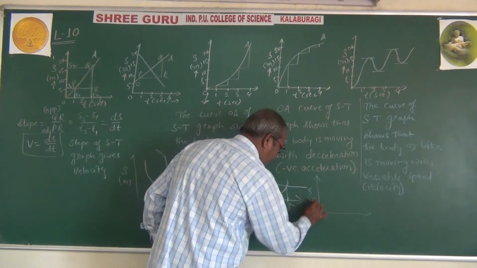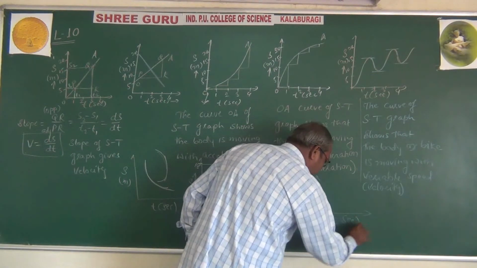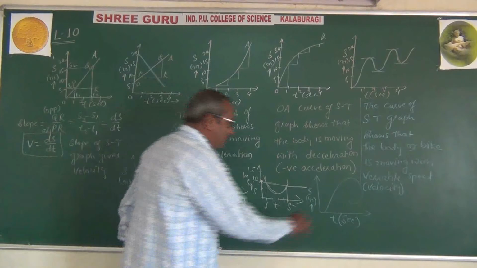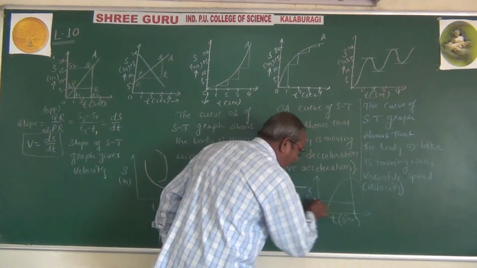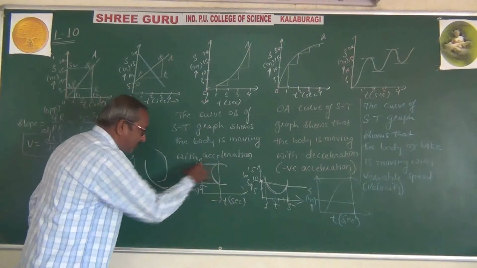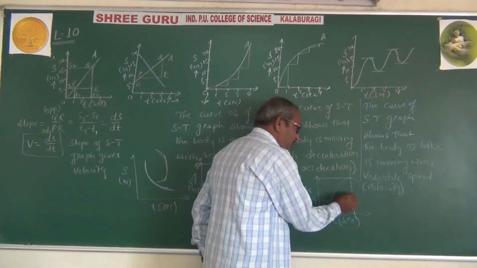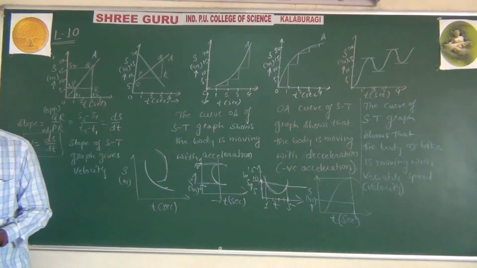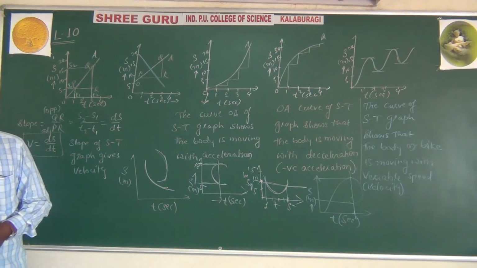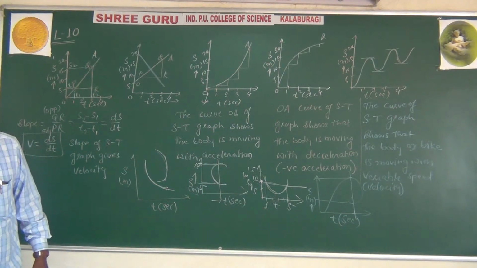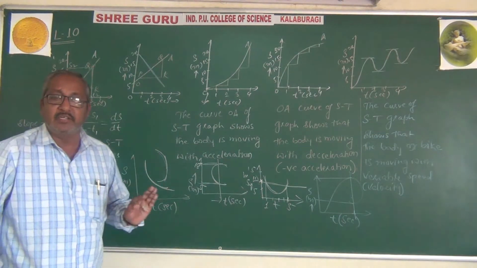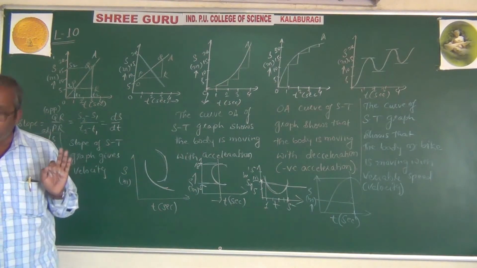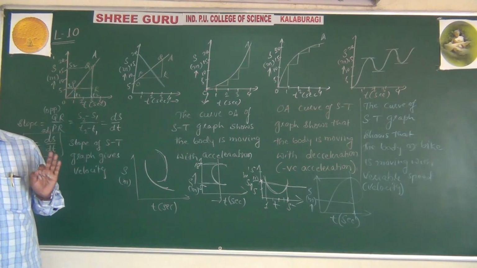Here x is in meters, t is in seconds, then the curve will be like this. If the curve will be like this, see, I am cutting. For the same time the body is in two positions. Here like this. But this curve is not possible. So therefore this curve is not possible. So like that, the different curves you are going to get in case of a position time graph or in case of a distance time graph. Is it clear?